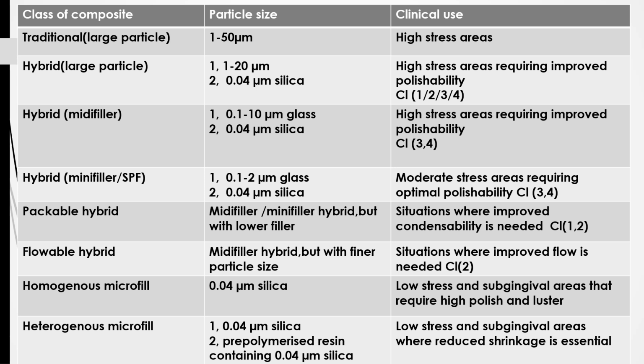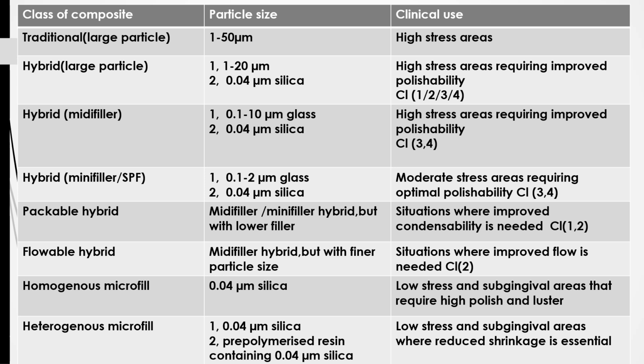moderate stress areas requiring optimal polishability in class 3 and 4, and packable hybrid composites with midi or mini fillers, hybrid but with low fillers, can be used in situations where improved condensability is needed in case of class 1 and 2, and flowable hybrid composites, midi filler hybrids but with finer particle size, can be used in situations where improved flow is needed in case of class 2, and homogeneous microfill composites with a silica particle size of 0.04